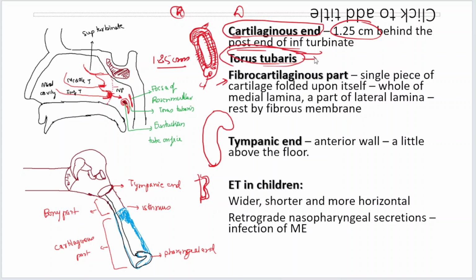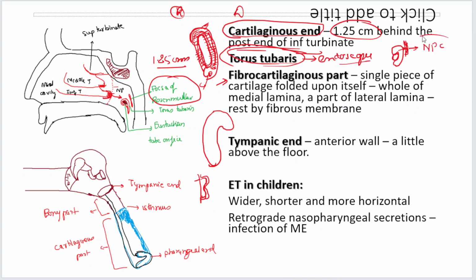This is important because this is what we are going to see when we use an endoscope, or when we want to look. We can do it by a post nasal mirror also. It appears as a bulge. That is where we know that this is where the eustachian tube opening will be. One more thing is, just behind it will be what is called the fossa of Rosenmuller. That is a depression that is present behind the torus tuberous,